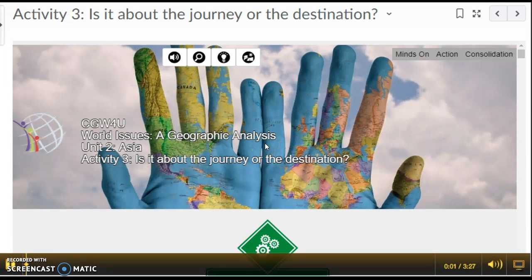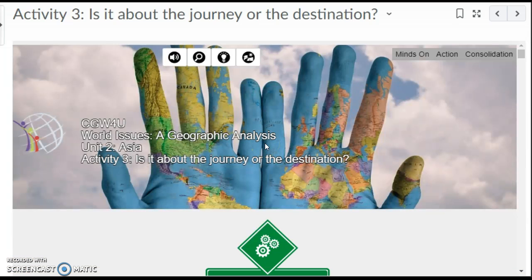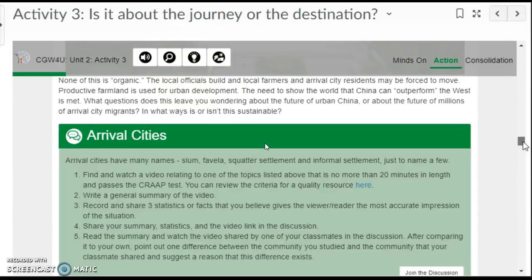Sources. We spent a lot of time on this just to try to dispel any myths and any misinformation that there is about immigration and refugee status here in Canada. So I'm going to skip right to the consolidation activity, as that's the only thing you're expected to submit. You don't need to participate in any discussions in this, even though it's listed throughout the activity. The only thing I want you to submit is this consolidation activity at the very, very end, which we'll go